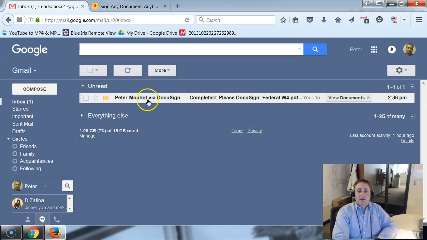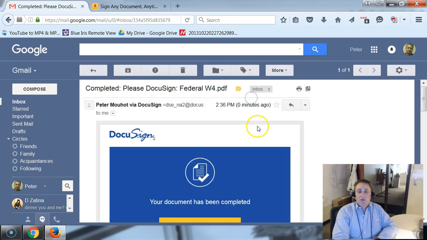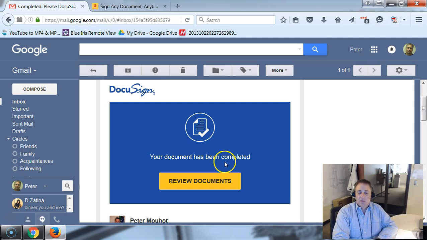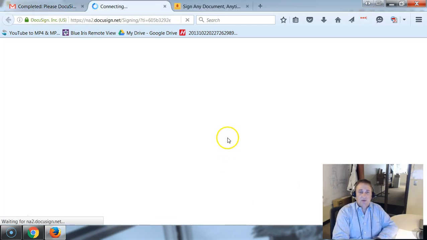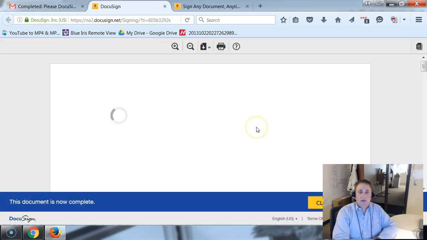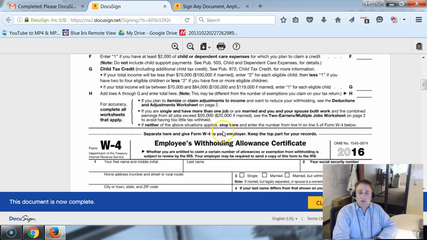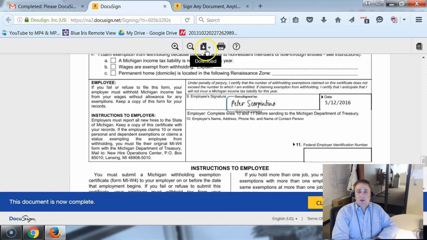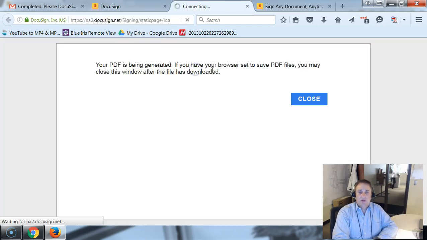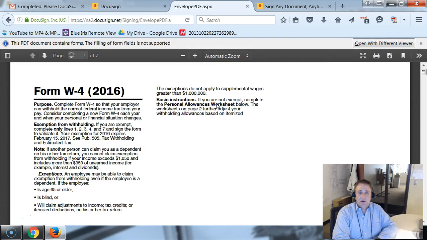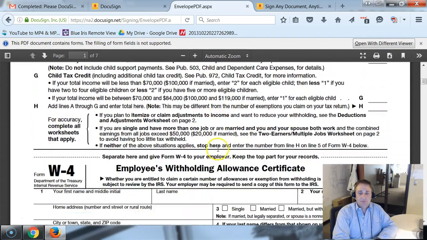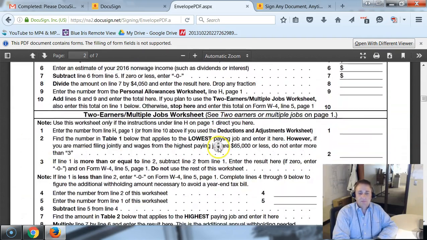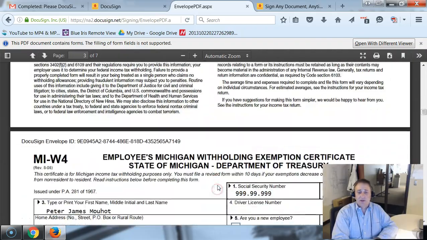Goes into his email and then he sees that it's completed. And now it says your documents have been completed. He can go in and now he has a copy through this link to review those documents. So here's Peter Scorpentino. He's looking at all of his signed paperwork. It's all stamped. And if he chooses, he can download it. Here's that combined PDF that we talked about. And again, at the very bottom of the combined PDF